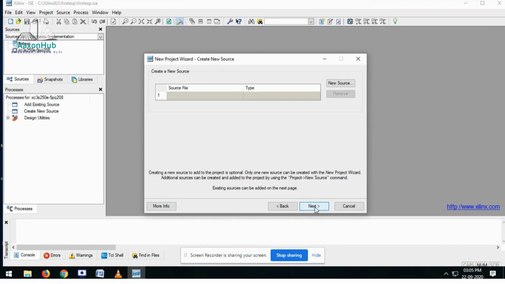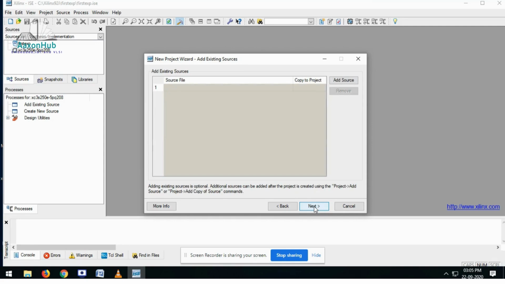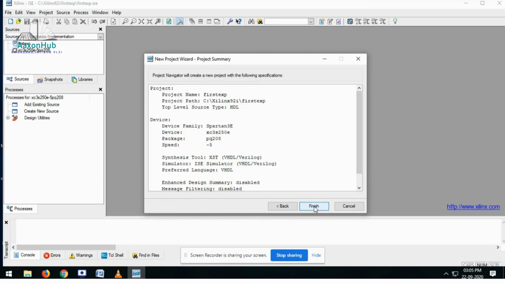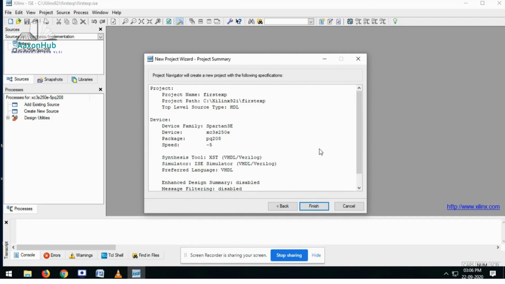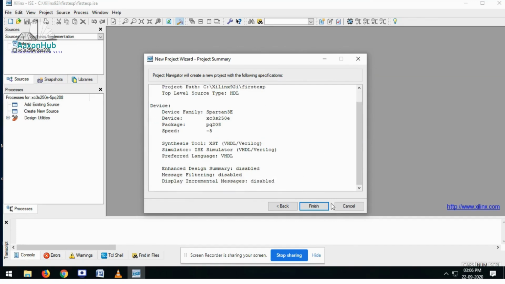You can create your source here, or even after creating the project, by right clicking on the project, through which you can create new sources for your project. Right now just click on next. These are your project summaries as per the settings and selections.